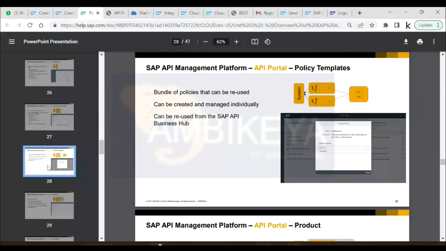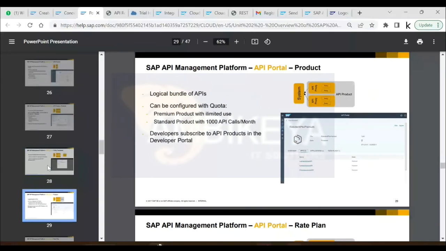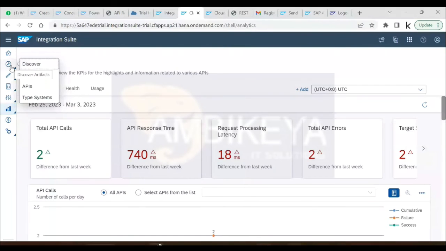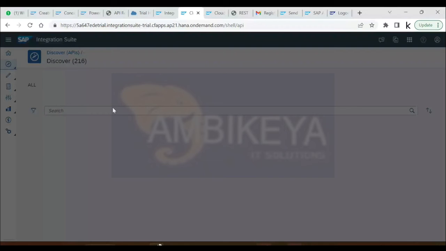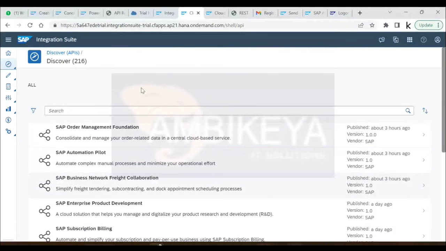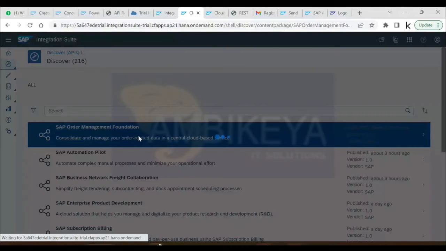So in short, by creating the API provider, proxy, and product, we can publish an API. If we want any standard API which is available within API management, you can go straight to this place, Discover. Here, now it got updated. Discover APIs. You see the list of APIs, 216. You can select inside this, and you can either view here and just copy from here directly,